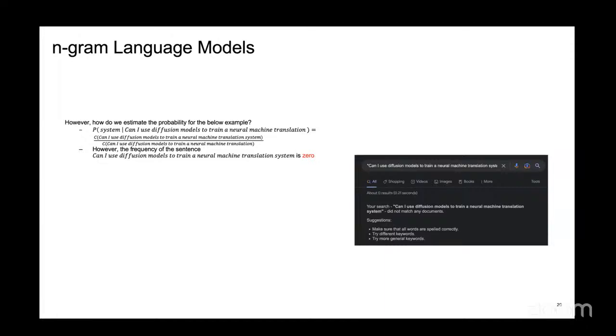So especially if you want to build a system for translation, when I ask Google, can I use a diffusion model to build a neural machine learning system? It basically doesn't give you any result. The reason is that it has never seen such a sentence.